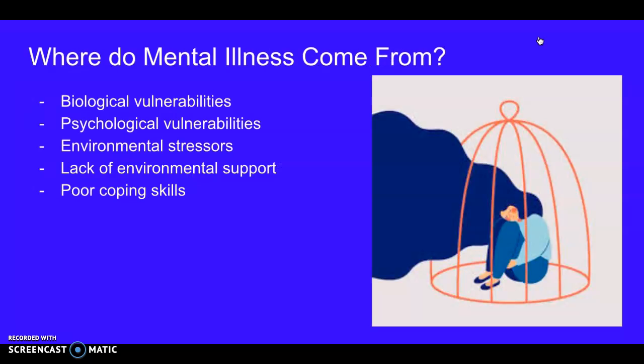Where do mental illnesses come from? Mental illnesses are caused for a wide variety of different reasons, but some vulnerabilities are biological vulnerabilities, psychological vulnerabilities, environmental stressors, and lack of environmental support, as well as poor coping skills, will all make you more likely to have a mental